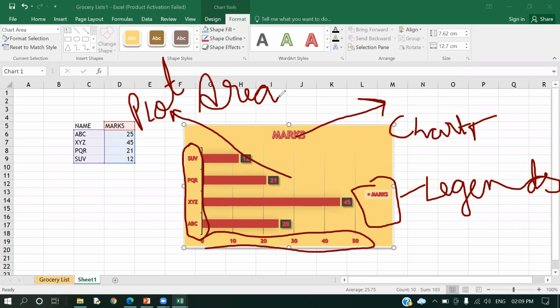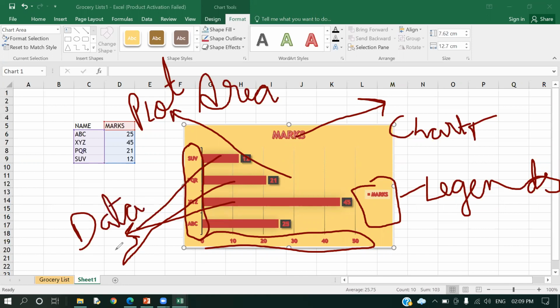Then next we have data series. What is data series? These bars represent the data series.